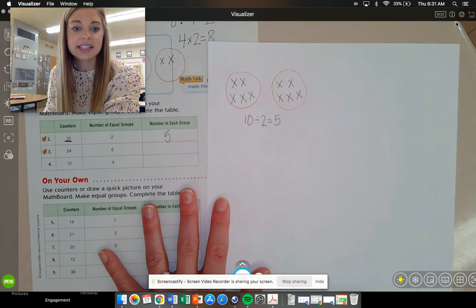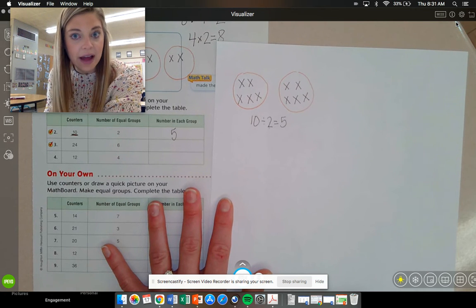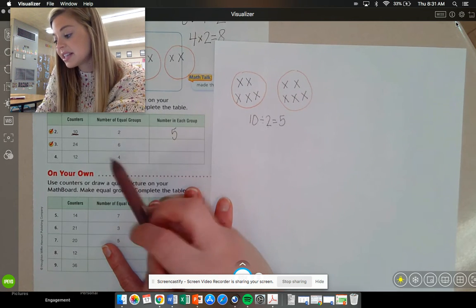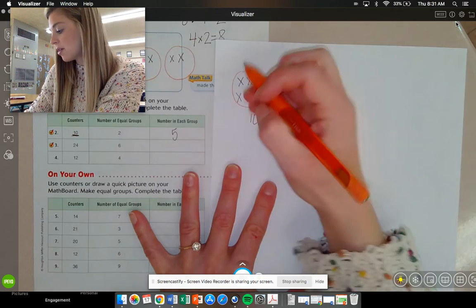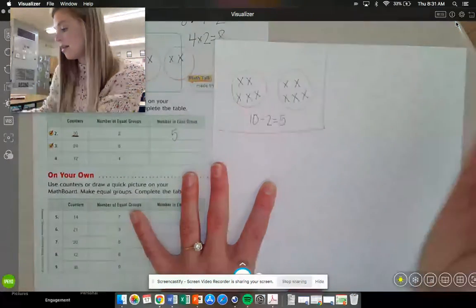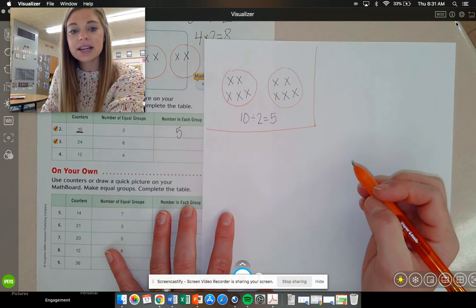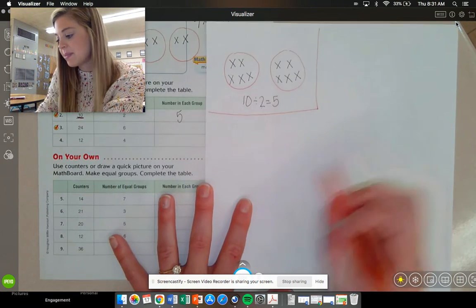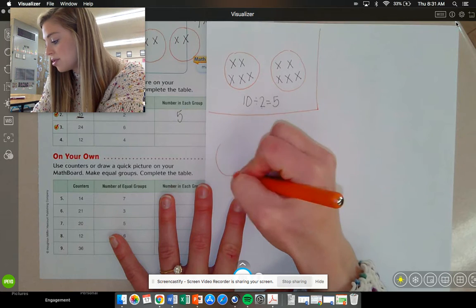All right, next one, number 3. We have 24 counters and 6 groups. So I'm just going to go ahead and separate that off because that was one problem. Now I'm going to do another one, and I'm going to do 6 groups, okay, because I have 6 equal groups and 24 counters. So do 1,